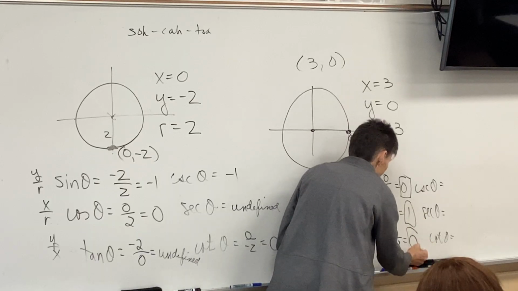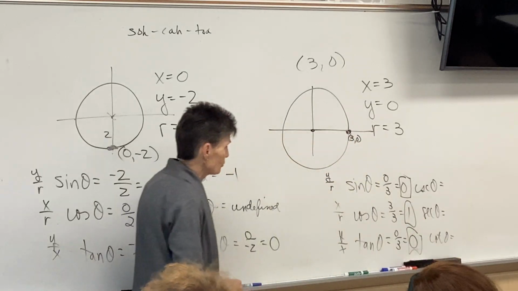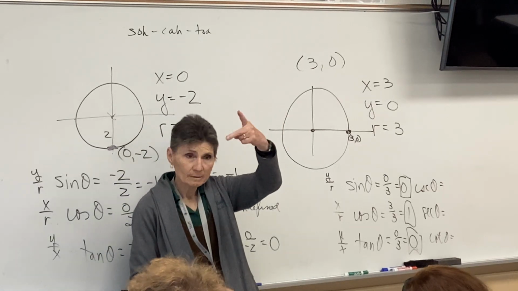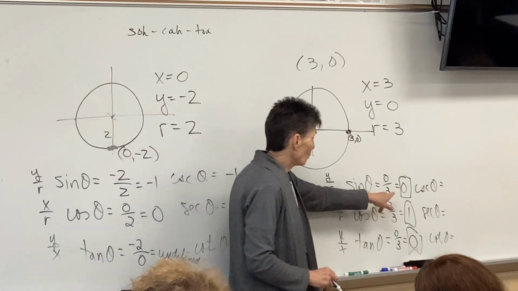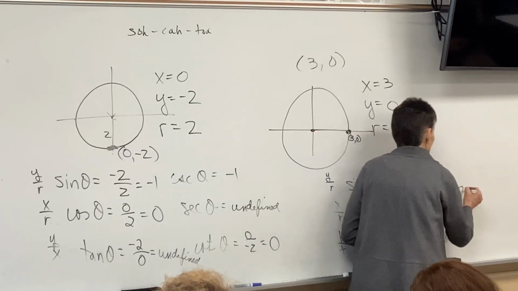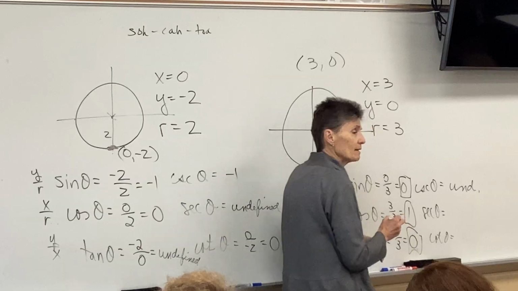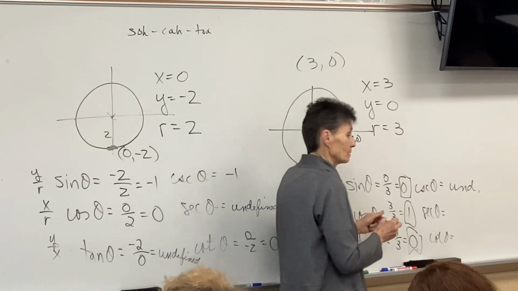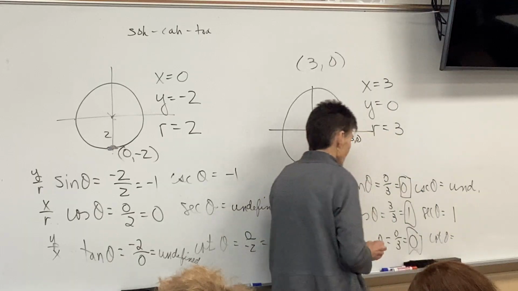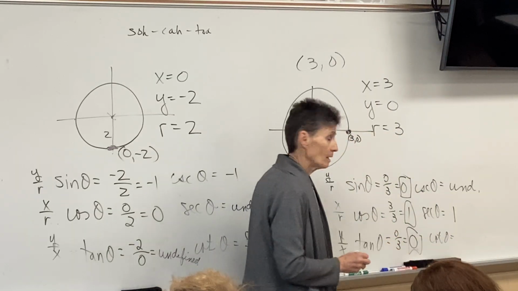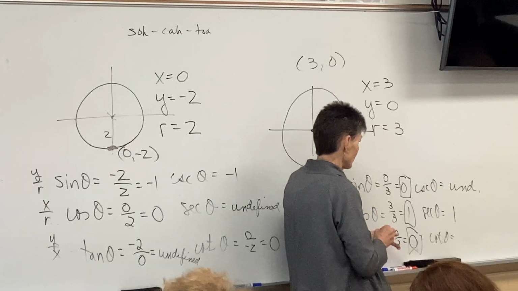So here are our final answers to the first group. Now we're going to flip them. So what's 3/0? Undefined. And you can abbreviate that if you wish. What's 3/3? 1. And tangent 3/0 is undefined, and cotangent 3/0 is